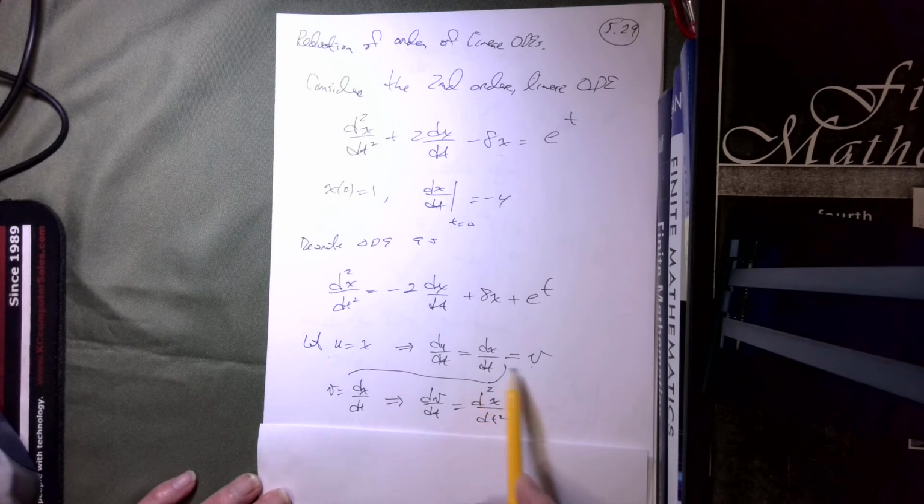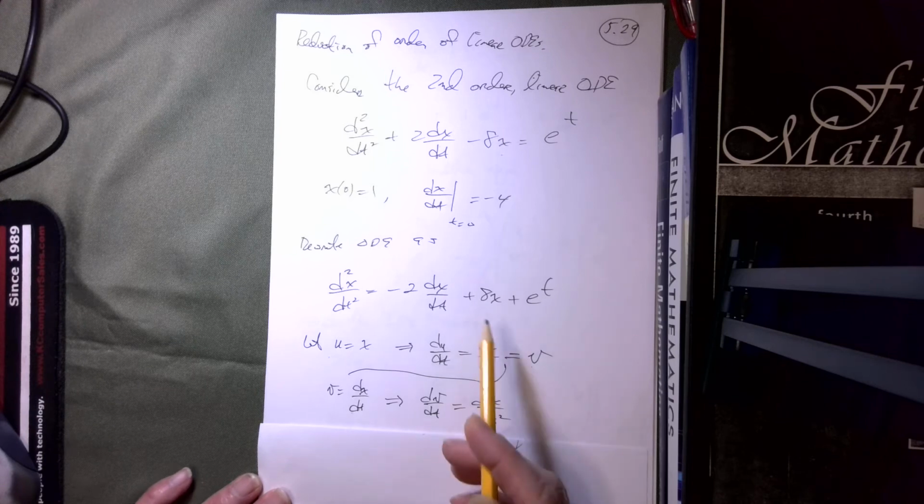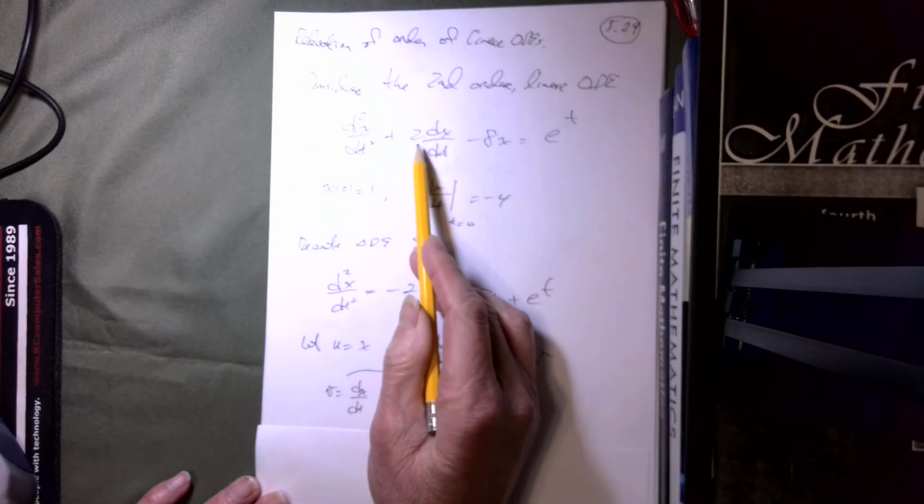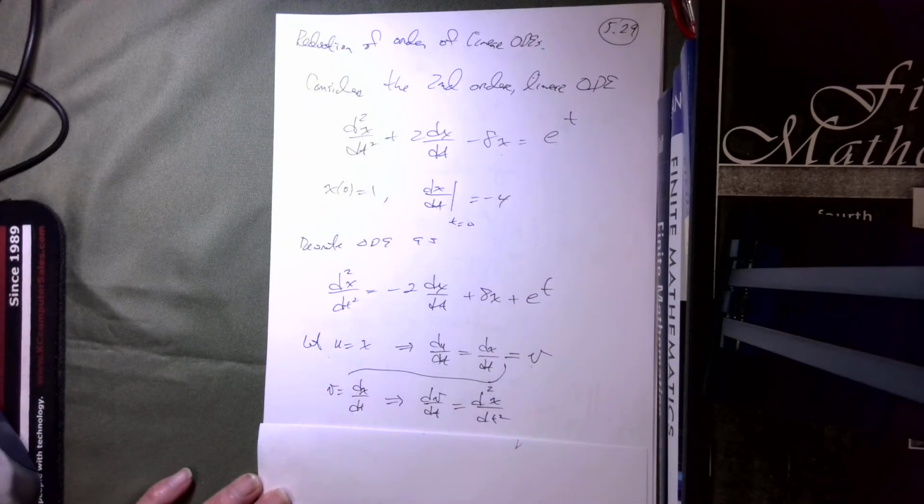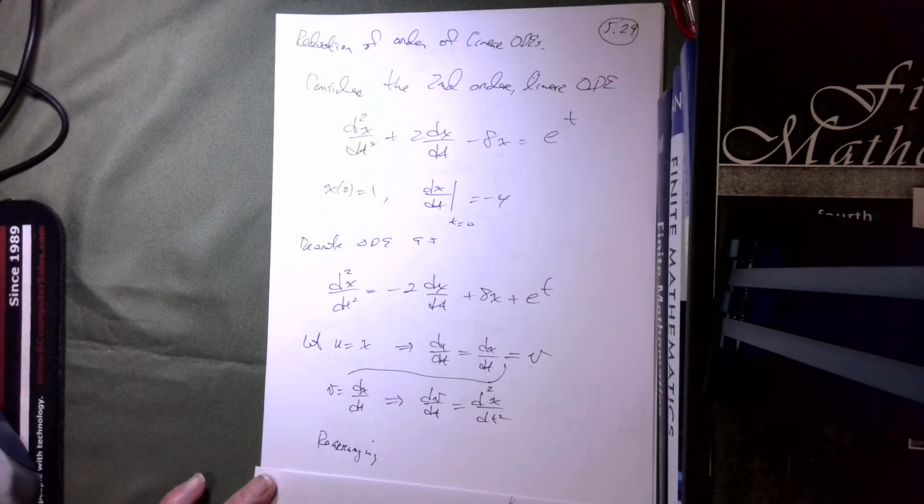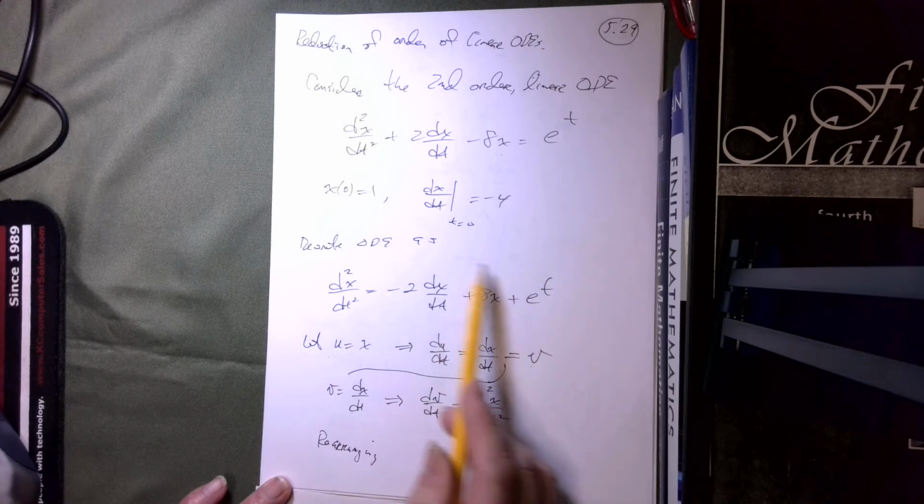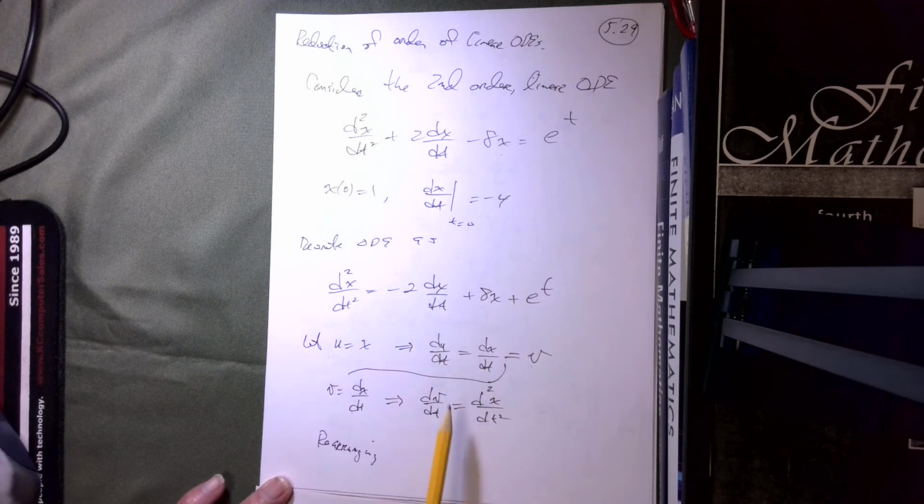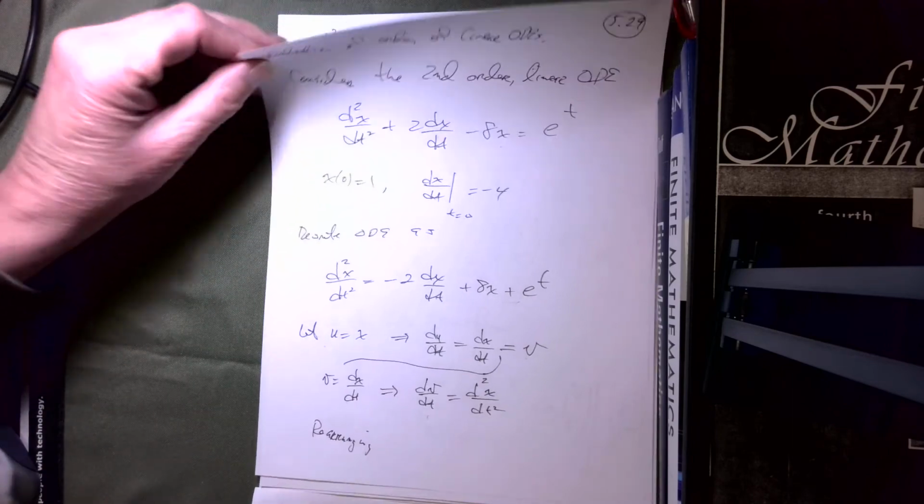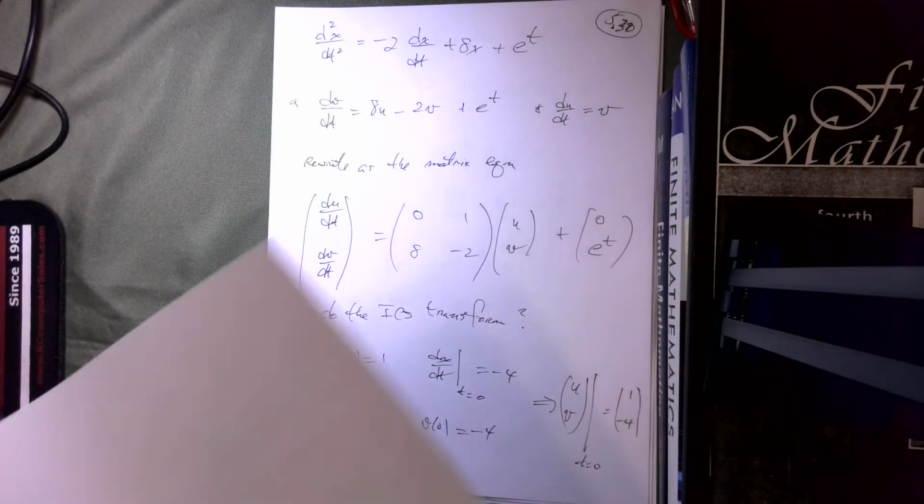So then when I take dv by dt, that's the second derivative, which means I can go back up to here and solve this for the second derivative. And if I do that, then this is going to become this, but then I'm going to make substitutions, and we end up with